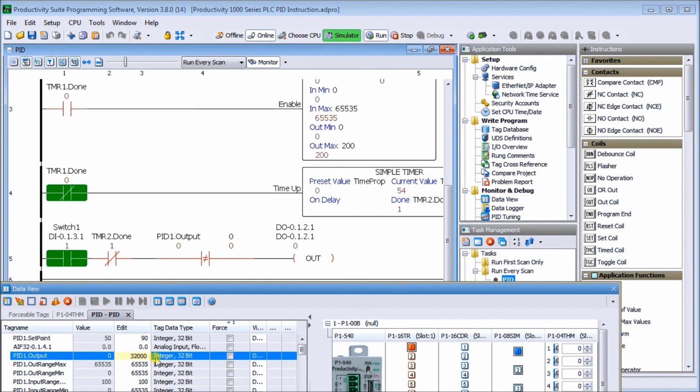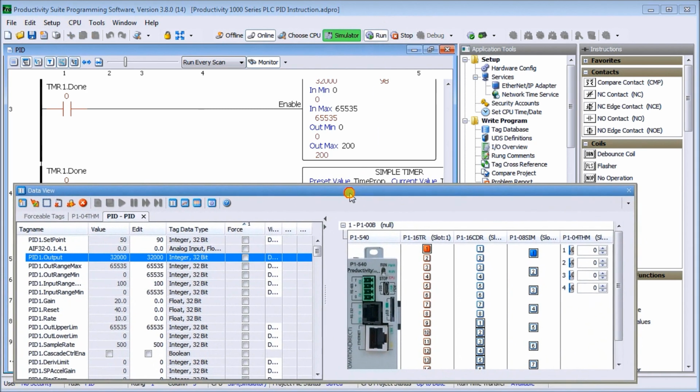And again, I have full access because I'm online with this PLC to actually change and look at different items. So let's just write that, or send that edit in. And there we go. It is now sent in, and you'll see that our output is not functioning at all. The function is not functioning even though we're in run mode, probably because of our forcible tags, which